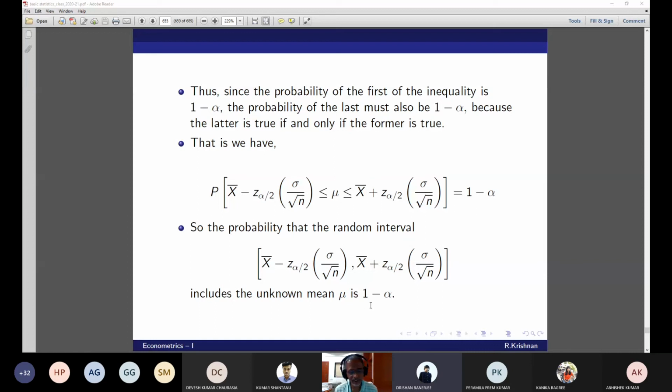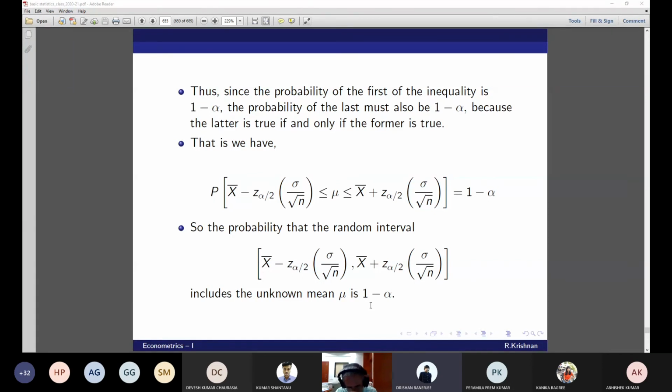Sir, I have a question regarding the question you gave us for homework yesterday. You asked us to find the power function of the test and the power of the test, right? I have found out the power function of the test, which was (1.5/theta)^n, and the supremum of the power function was (3/4)^n. Is that the size of the test or the power of the test? Power of the test. Okay, so the supremum of the power function, that is the power of the test, right?